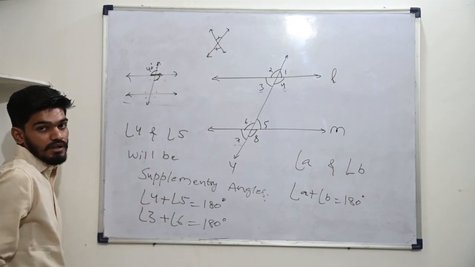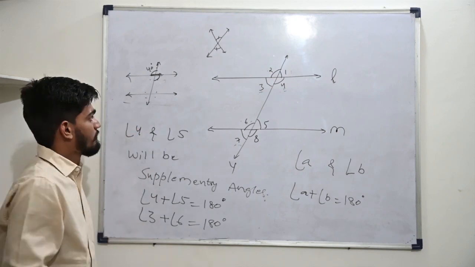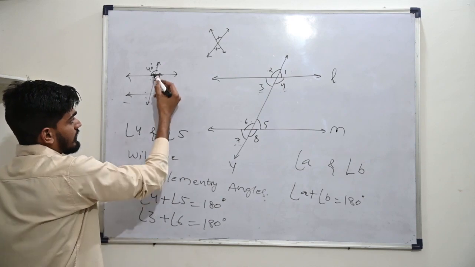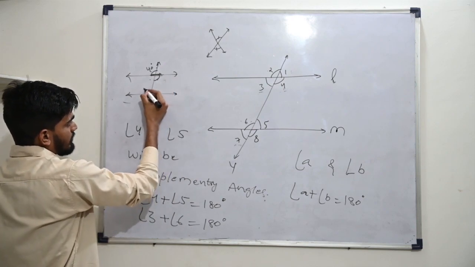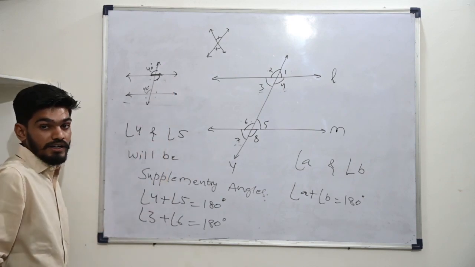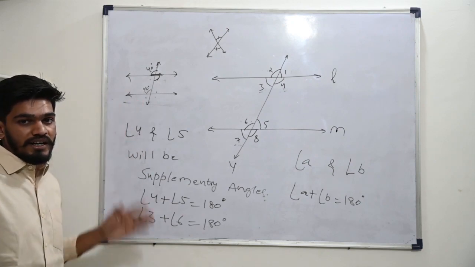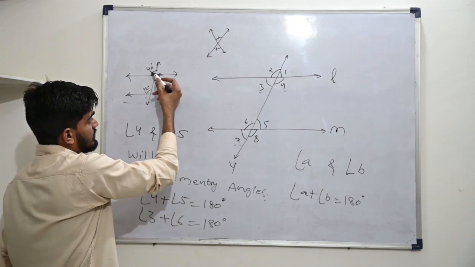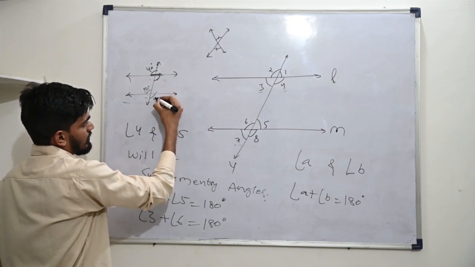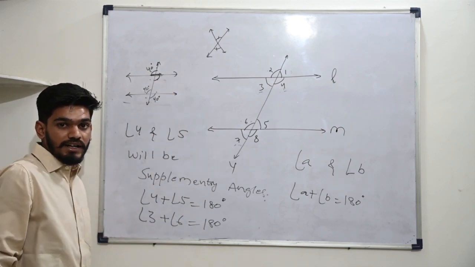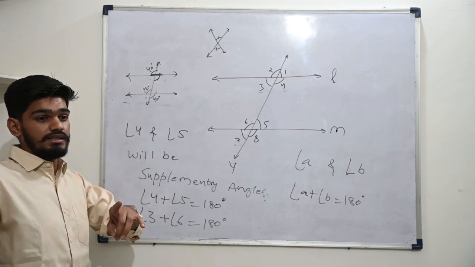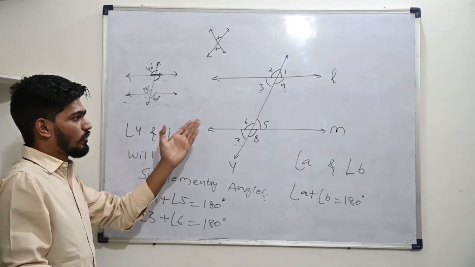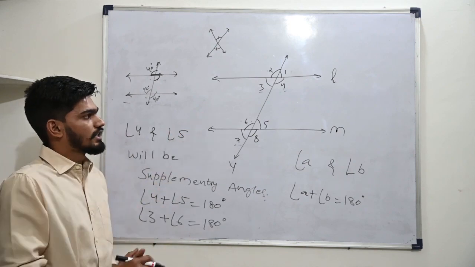Again, same. Alright, forget about this as well. Now go for the corresponding angles. This angle is 40, this will also be 40. Alright. Okay, now forget about corresponding angles as well. Now alternate angles. This angle and this angle will be 40 degree, alternate exterior angles. So if only one angle is given, you can calculate all the remaining angles when two parallel lines are given and a transversal line is given.